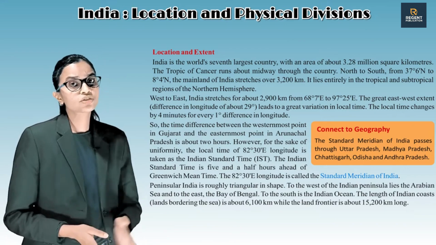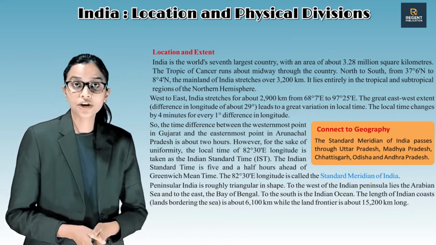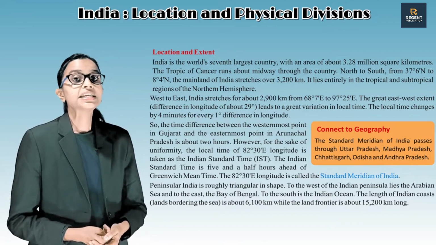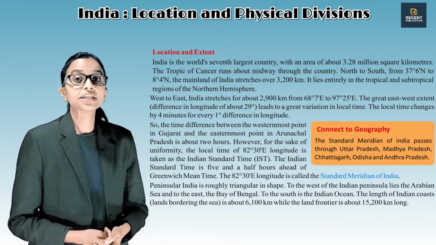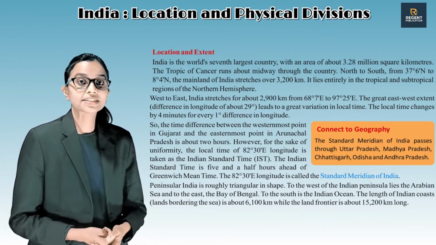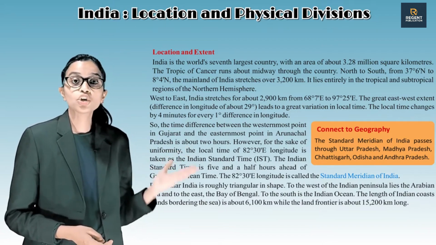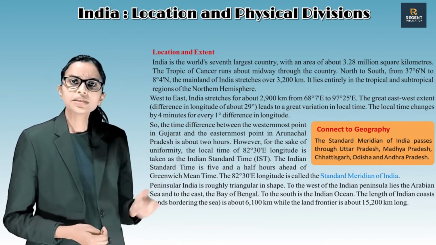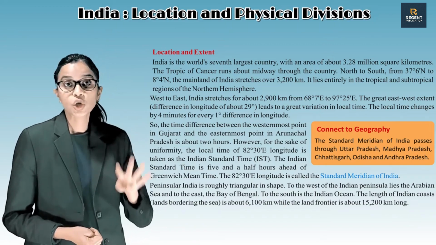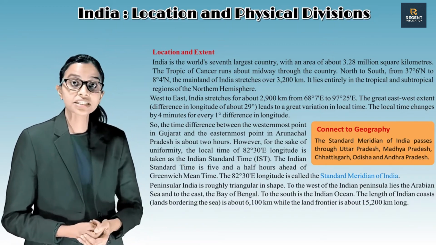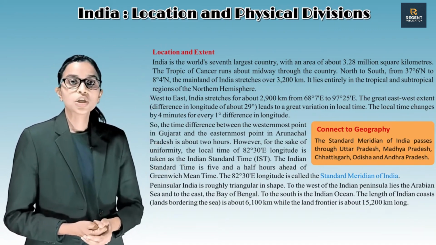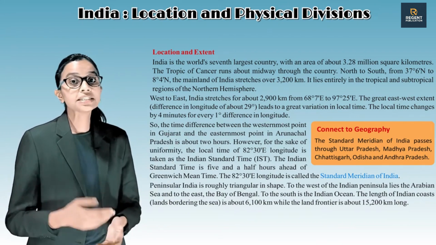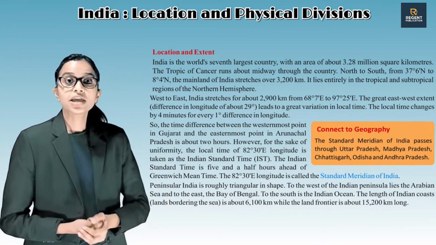West to east, India stretches for about 2,900 kilometers, from 68 degree 7 minute east to 97 degree 25 minutes east. The great east-west extent, a difference in longitude of about 29 degree, leads to a great variation in local time. The local time changes by 4 minutes for every 1 degree difference in longitude. So the time difference between the westernmost point in Gujarat and the easternmost point in Arunachal Pradesh is about 2